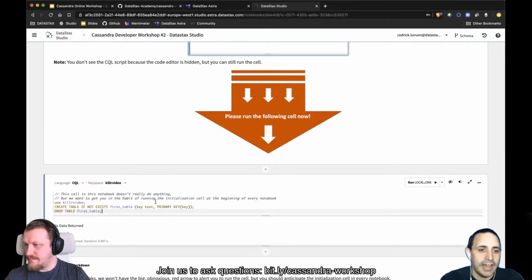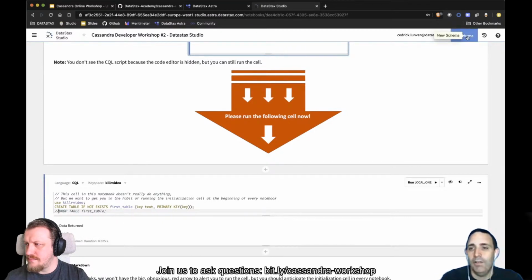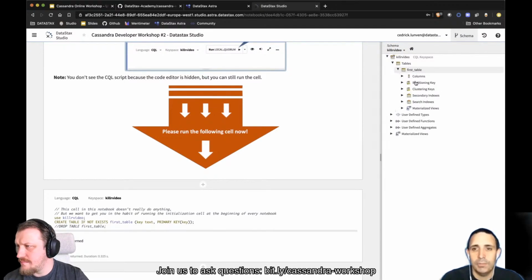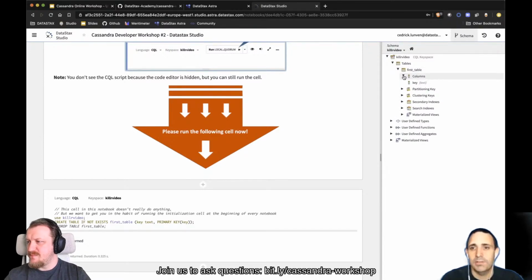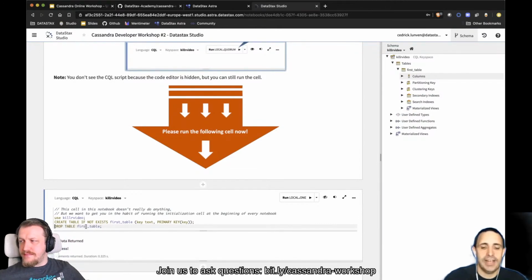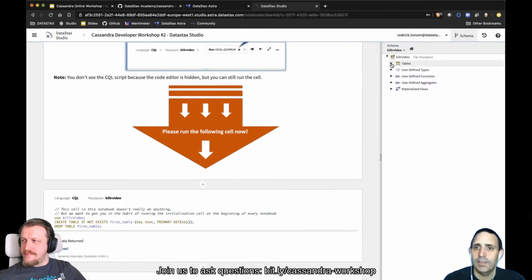Anyway, the purpose here is to understand what we are doing. And you know what? I can put some comment here. Now I'm hiding drop table, as you can see. I run the cell again. And if I click on schema on the top right-hand corner, you can see that I do have the killer video schema table, and this is my first table showing up, and I can browse my tables. But if you do not put the last line in comment as I did, you don't have anything in the schema. So tables is now empty.